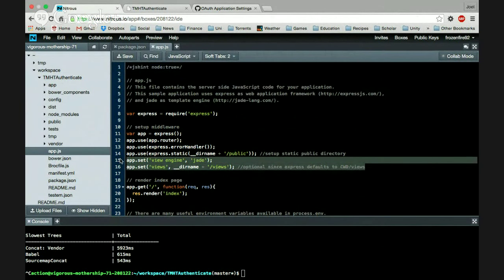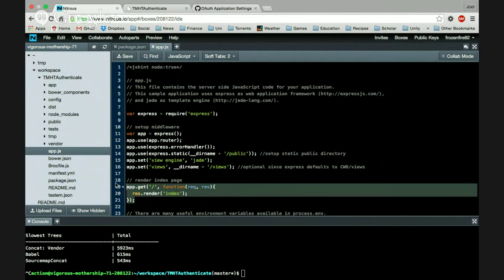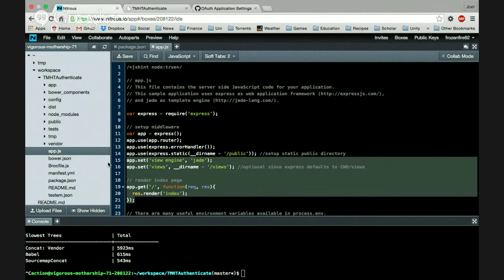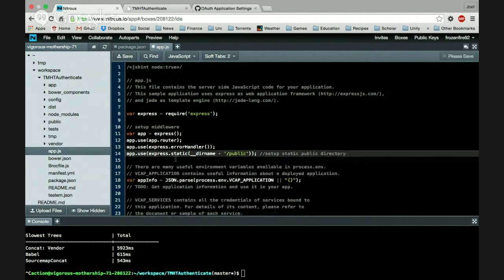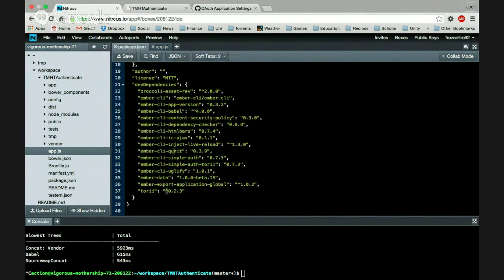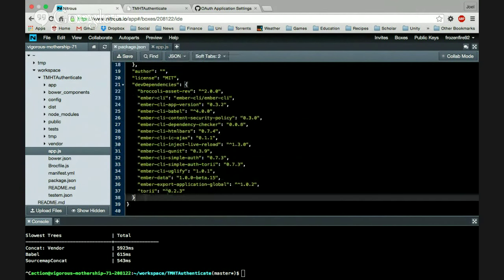What we're going to do is just delete the lines from app.setViewEngine Jade all the way down to app.get. This is Jade related stuff for rendering the templates, which we don't really want. So we'll delete that. From here, we'll change this to dist. Dist is where Ember CLI builds to by default. So we'll save app.js. And then inside of our package.json, the only other thing